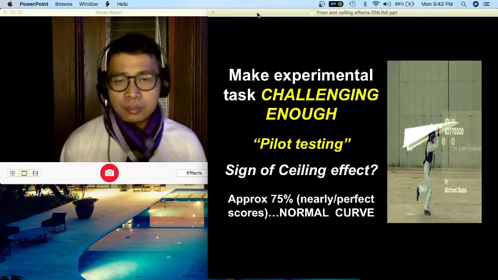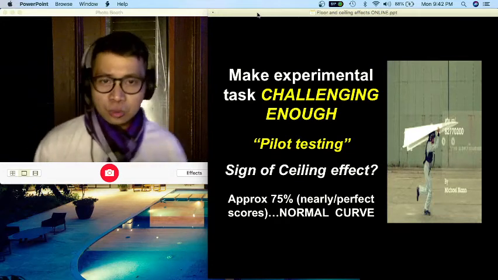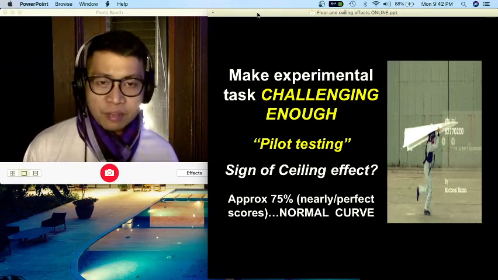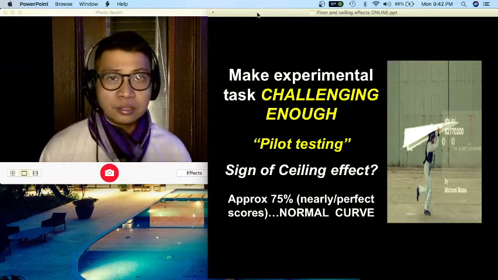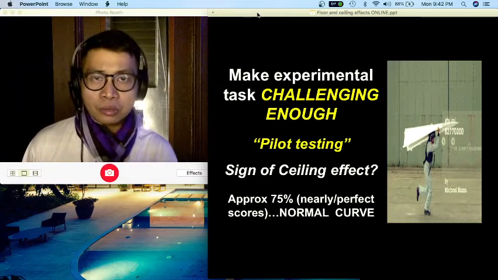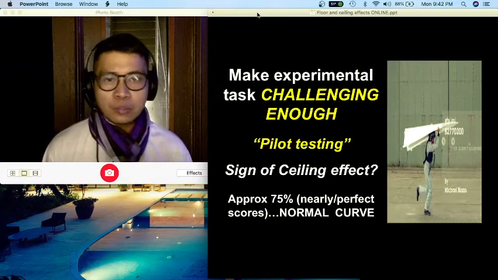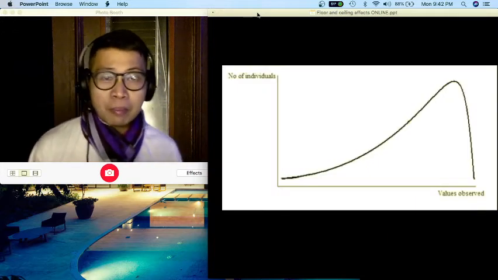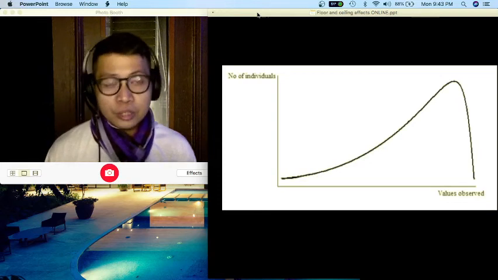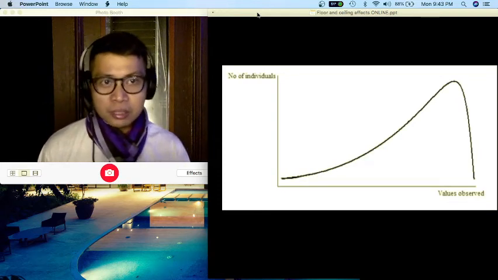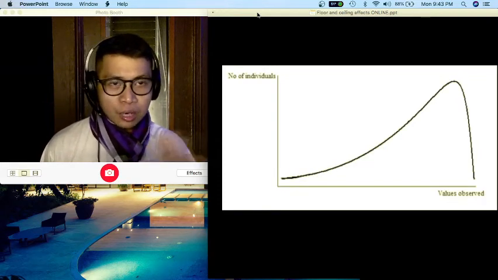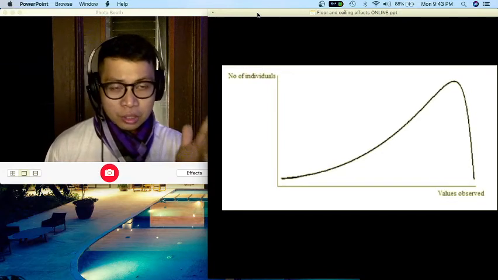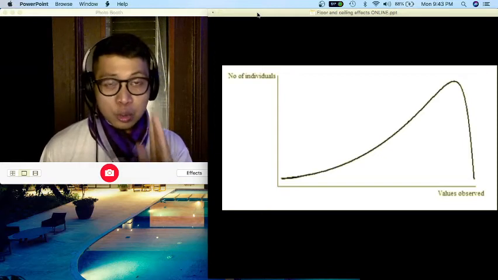You know? So, ibig sabihin, 75% yung mga scores ng participants mo, ng mga pilot subjects mo, 75% of them ang tataas. In other words, if you are going to plot their scores in a normal curve, it will not form a shape of a normal curve. 'Di ba? Magiging skewed to the left yung curve mo. What does that mean? Kapag yung curve nakalobo dito sa kanan, so this is skewed to the left, no? Ibig sabihin yung scores mo